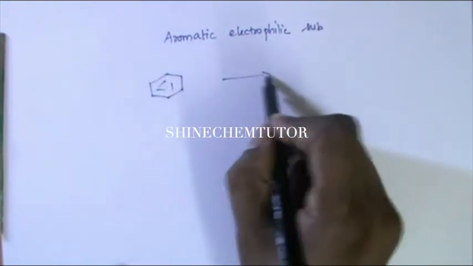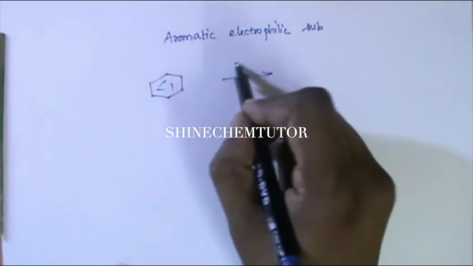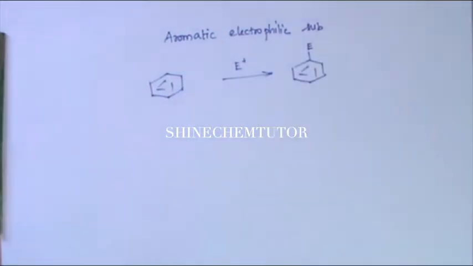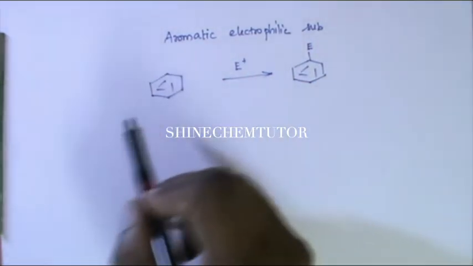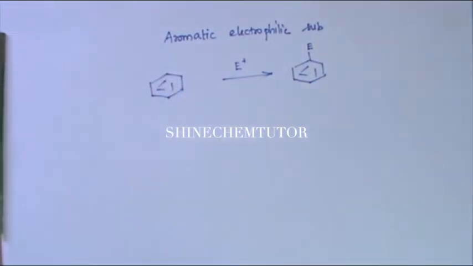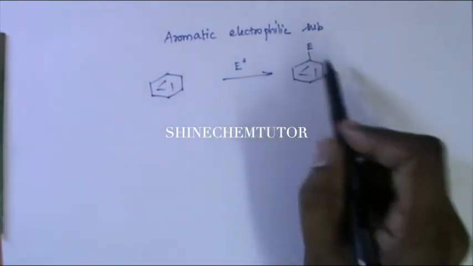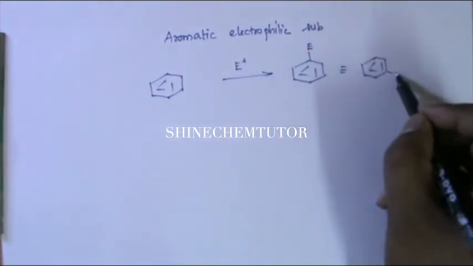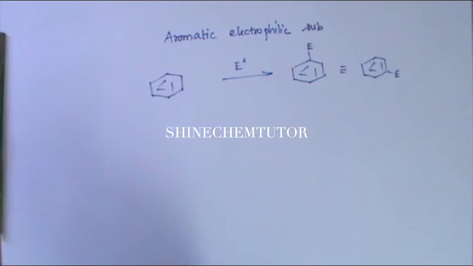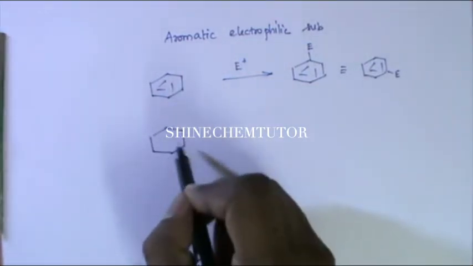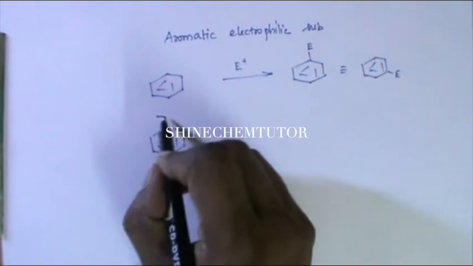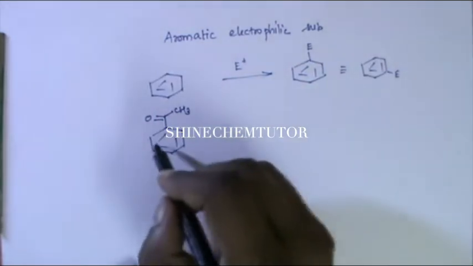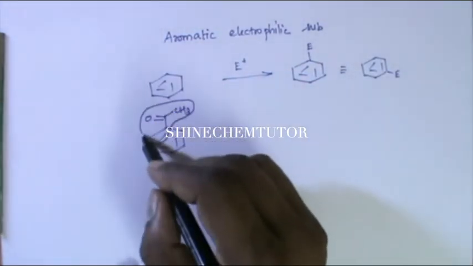If you take benzene and if you go for electrophilic substitution, what we get is this product. In this case, all the 6 carbons are identical. So there is no problem. Wherever you put E, that will be the same. This is also the same. But if I introduce some group like this, now look at this system. It is nothing but